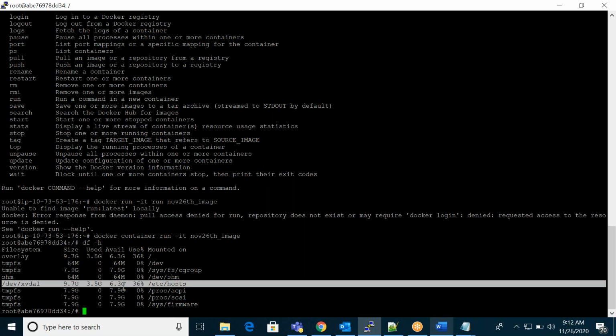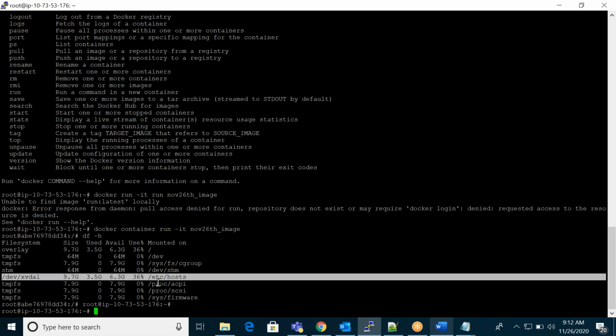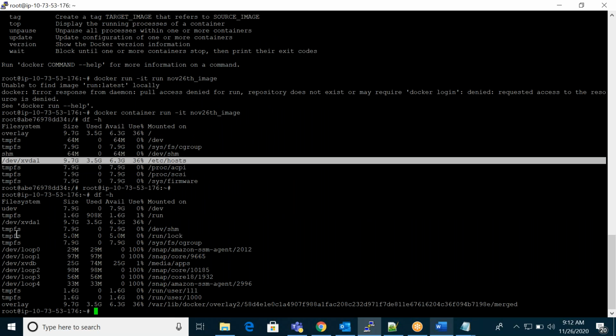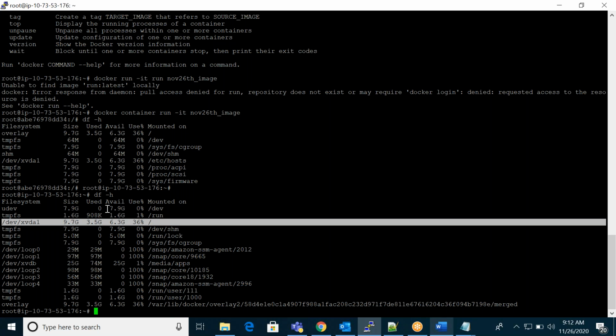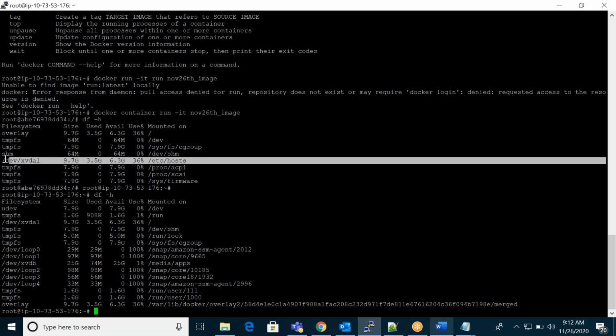I didn't define this 9.7 GB in my Docker container, so it took it from my Docker host. Ctrl P Q. Now I'm on my server, and you can see 9.7, 9.7, 3.5, same numbers here also.